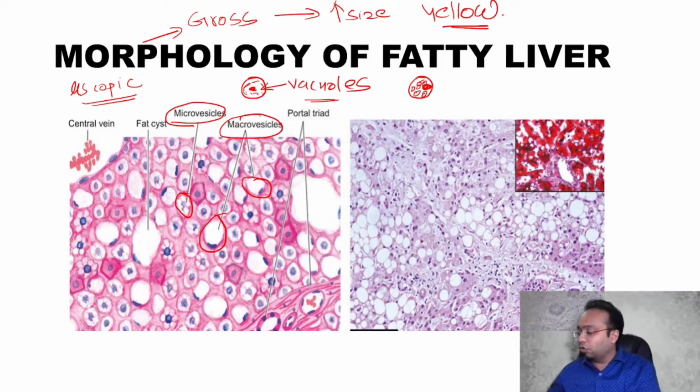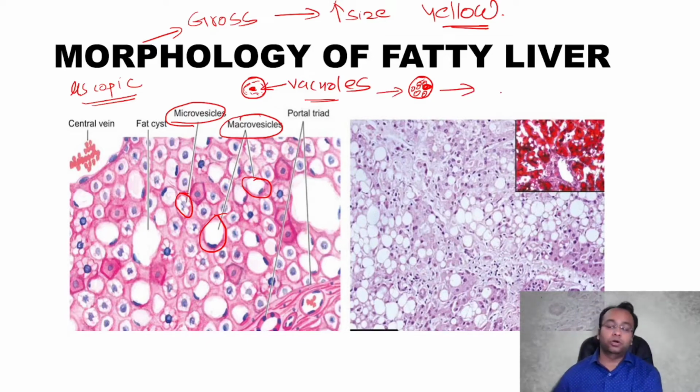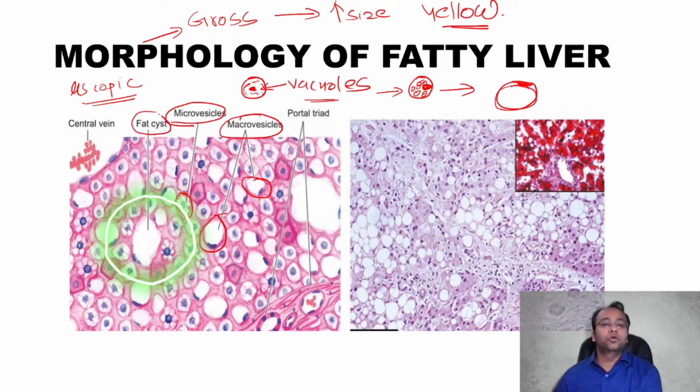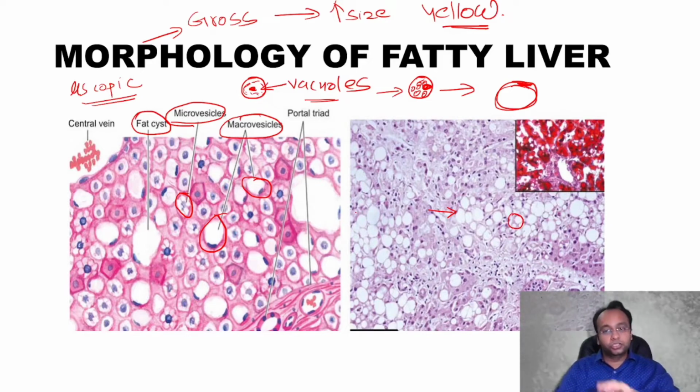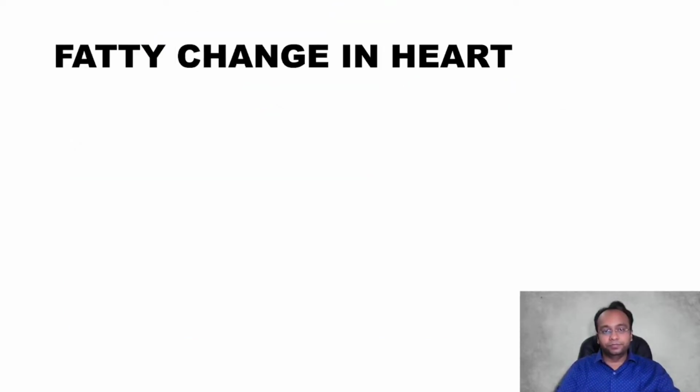Now, suppose still more fat is getting accumulated, right? The fatty liver is not treated, and still the fat is getting accumulated in the macrovesicle, then it can lead to giant enlargement of the cell with only a dot of nucleus at the periphery. And there will be lots of lipid in this cytoplasm, lots of large vacuoles, which is known by the name fatty cyst, right? This is also the image showing fatty cyst and fatty change, right? These all are the fatty cysts. All right. So that's the morphology of fatty liver.